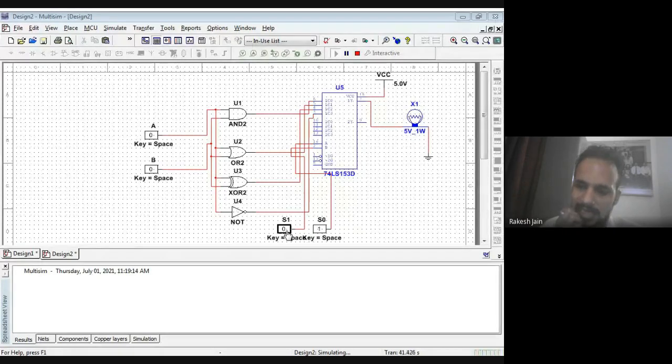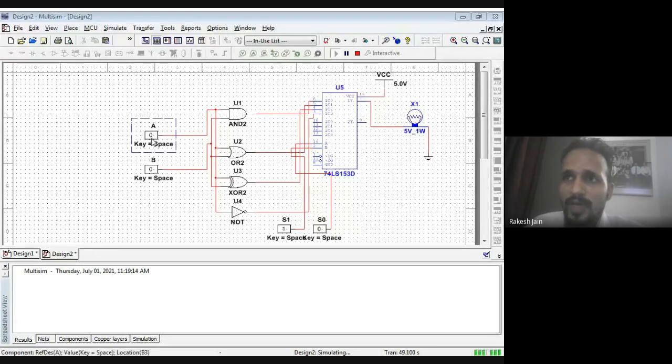So automatically this circuitry, this project, will check, and the output bulb will glow according to the condition of the XOR gate. So I make S1 is 1, when S1 is 1 and S0 is 0, then automatically the XOR gate will be selected for checking. Now, what is the XOR gate truth table? When both inputs A and B are the same, the output is 0. See, A is 0, B is 0, both are the same, that's why the output is 0. If A is 0, B is 1, the bulb glows because both inputs are not the same.